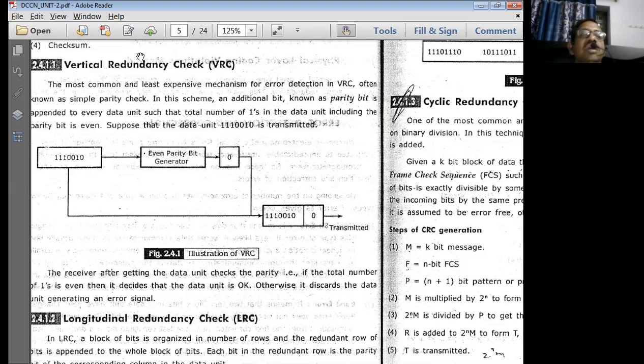That means here in all these four methods, the transmitter and receiver should agree to a particular methodology. So, for example, if the transmitter is transmitting the even parity checking bits, the receiver should also look for the even parity only. That is the difference which we should look into. So this is called the simple VRC checking bit.